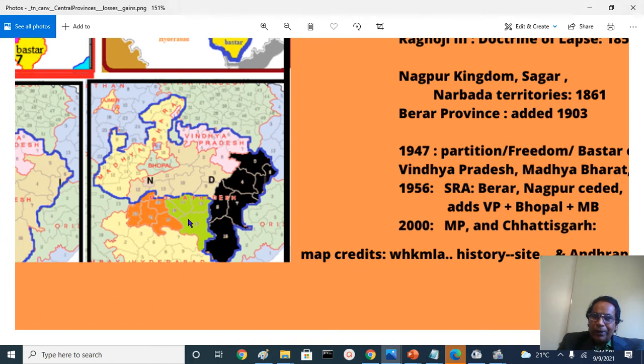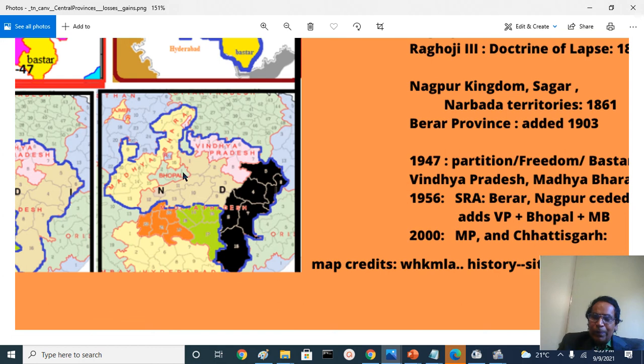So, in 1956, there was a Bhopal state ruled by Nawab Hamidullah Khan at that time, that consists of Bhopal here and Sehore and Raisen district. The Gird region, the Gwalior region ruled by Sindhia, and southern other principalities, predominantly the Indore principality, and western Nimar district, West Nimar, that is Khargone district, and you have Mandsaur here and Jhabua and Ratlam, Ujjain, Indore, Dewas. And we have Rajgarh and Shajapur, Bhopal, you have Vidisha here, and Guna district, that is Ashoknagar, and Morena district, and Gwalior and Bhind and Datia,